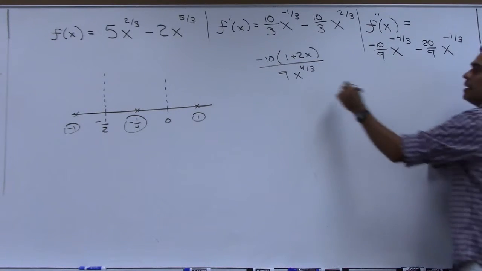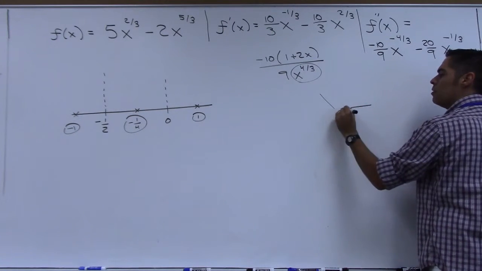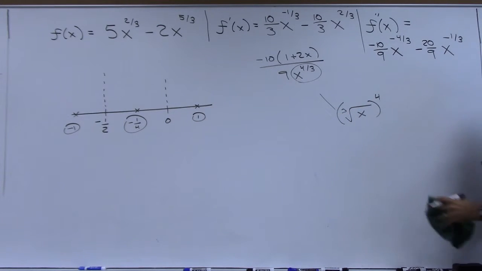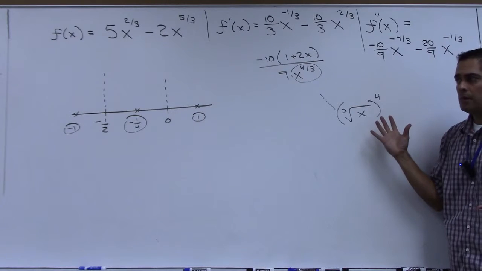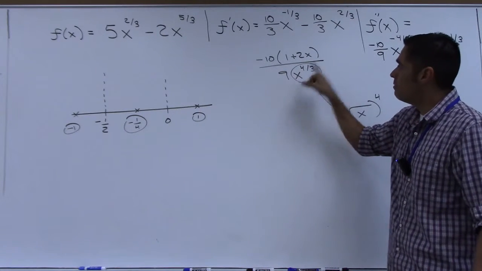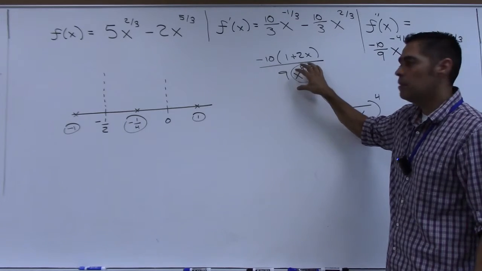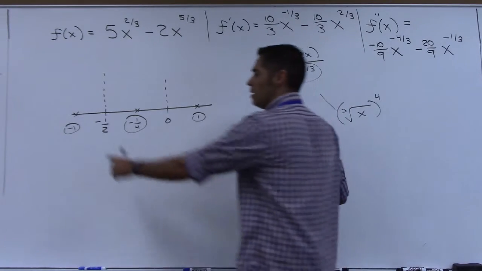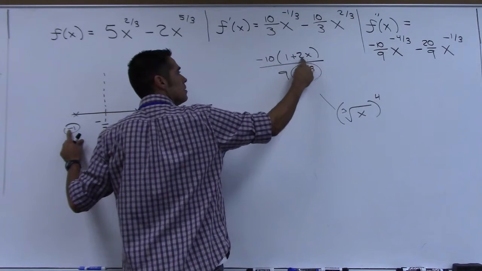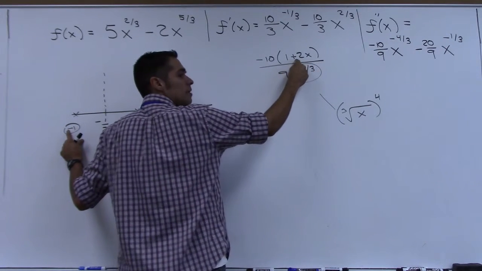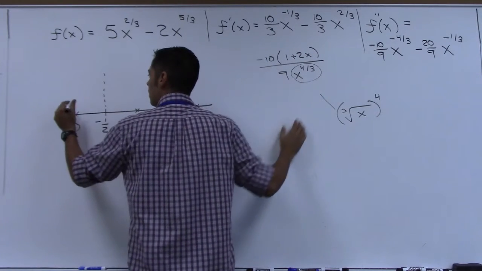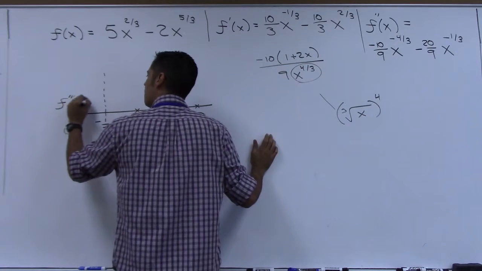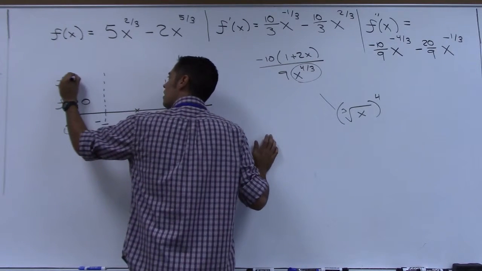Does everyone agree with me that x to the 4/3 means the cube root of x to the 4th power? Yeah. So this means that who cares what happens here, 4th power, it's going to be positive no matter what. So on all of these, no matter what I plug in, this is going to be positive on the bottom. So it's really just figuring out what's happening on top. Negative 1 in here, what happens? Negative 2 plus 1, negative. So that's negative times negative, positive over positive? Positive. So this means my second derivative is positive here, which means my original function is